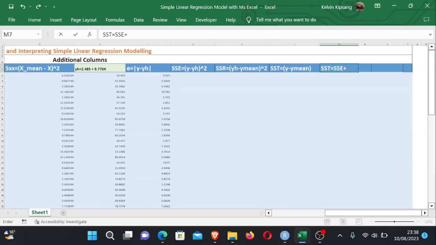SSE plus SSR, sum of square of error plus sum of square of model. Don't know why I'm making errors every now and then. So we'll see these two formulas and they will give us the same result. Okay, let's now compute the